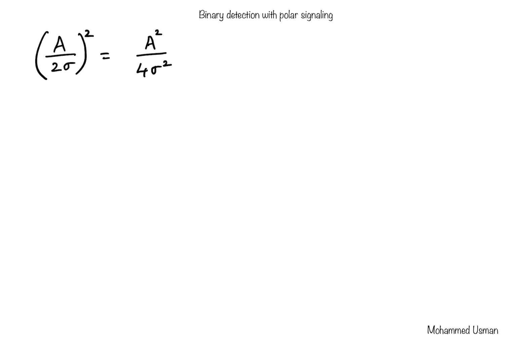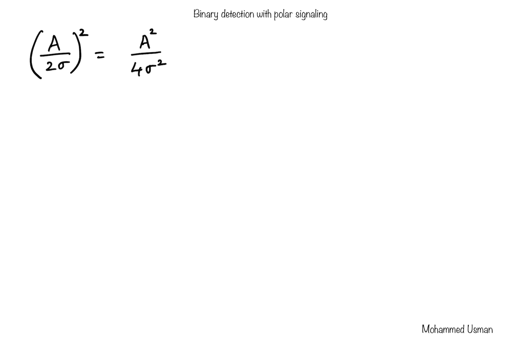Okay. Now, one of the things that you need to take on my word now is that the sigma square here represents the noise power. Again, that is something we'll cover in the next chapter for random processes, where for a wide sense stationary process, which is the Gaussian noise, okay, the variance represents its average power when the mean is equal to 0. And because we are dealing with zero mean Gaussian noise, the variance represents its total average power. So sigma square